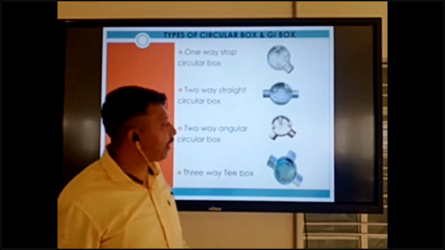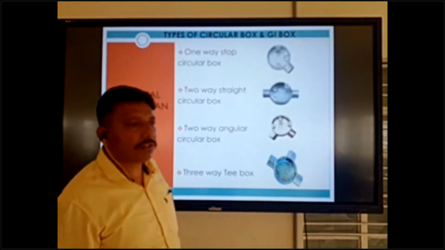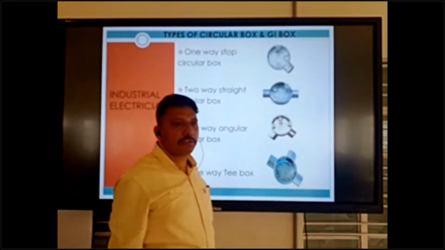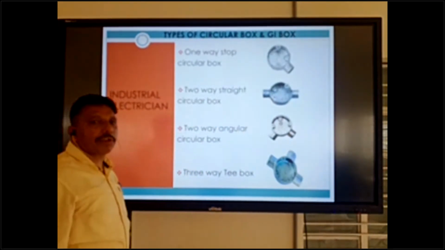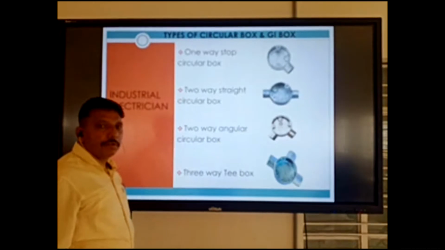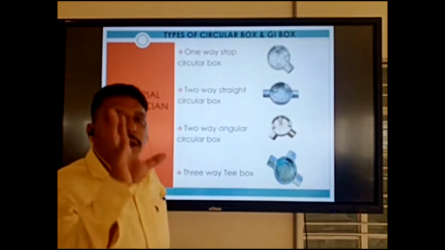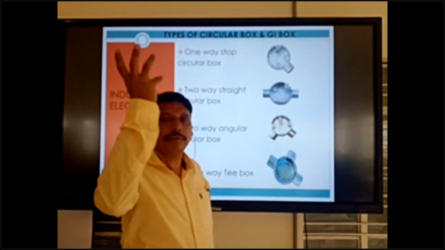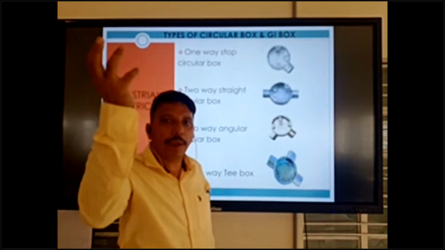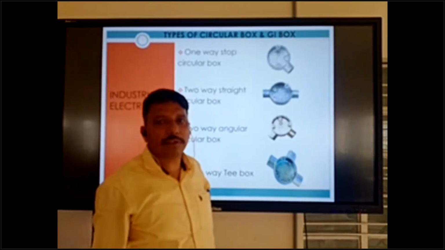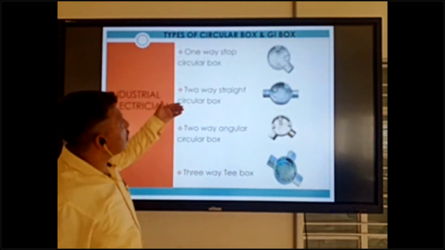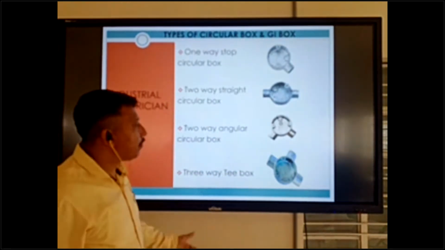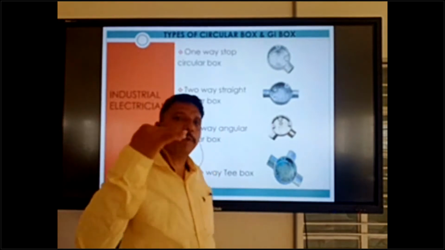For some very long routes, that time we can also use a Johnson box, JB box. All these types of box are used in the route of the conduit and to make the point for a device, light, fan, any types of devices. This is available in GI and PVC.